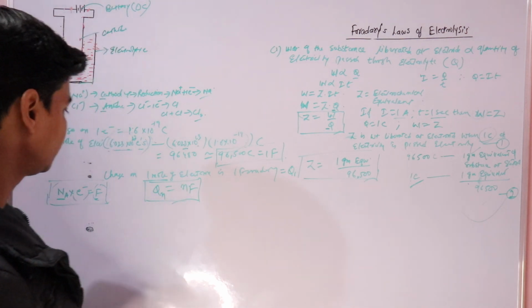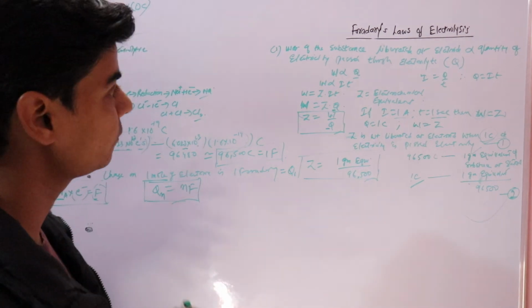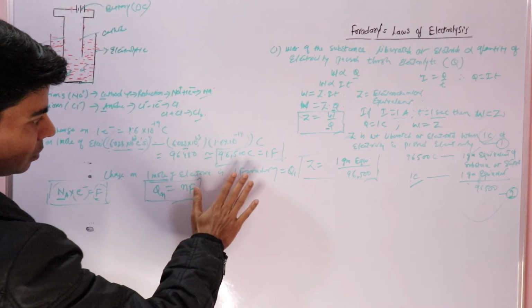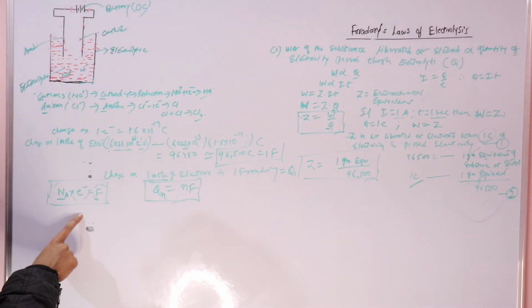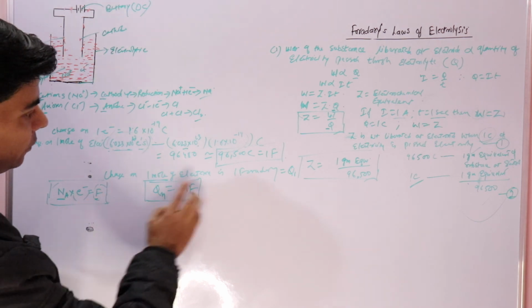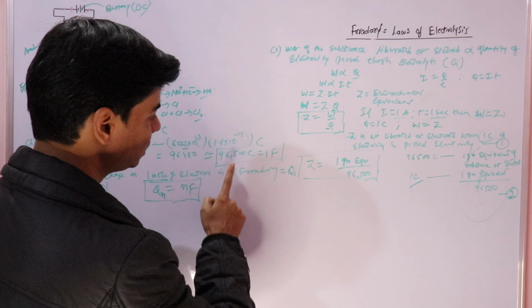So this is your Faraday's first law of electrolysis, and this is your relationship between Faraday, charge on 1 electron, and Avogadro number. Through this we got this 96,500 coulomb, right, which is the charge